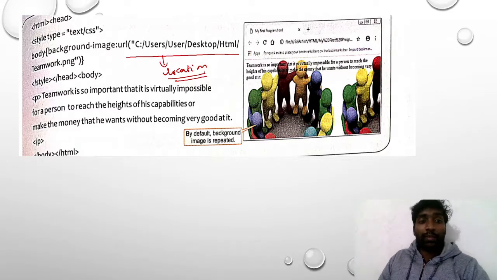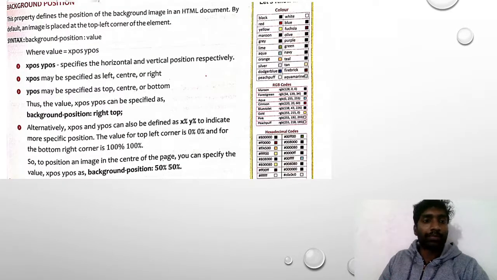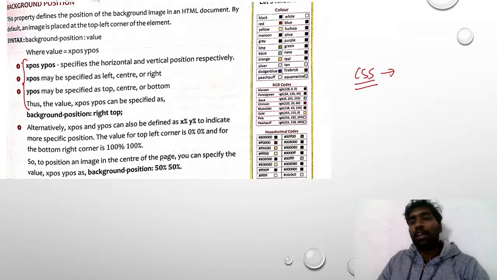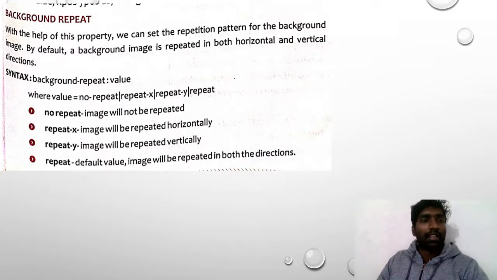How to insert an image and all, I already taught in an online class, so I hope no need to go more. But now here position is there. You just do practical once. CSS is really difficult for you because without practical it is not possible. Just go through it once, it is a very simple concept they have given. And now background no-repeat means the image will come only once. Repeat means it will come